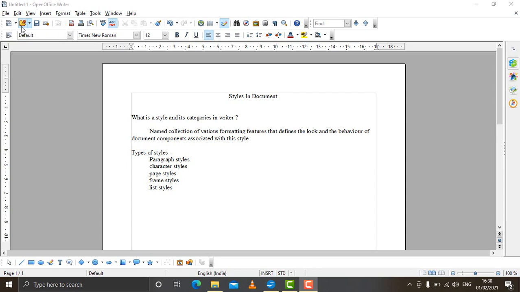Basically, OpenOffice Writer is a word processor, and like others, it is also used to create various types of documents. For creating any kind of document, we can use OpenOffice Writer, and it too works just like Microsoft Word. We will be seeing a few features of OpenOffice Writer.